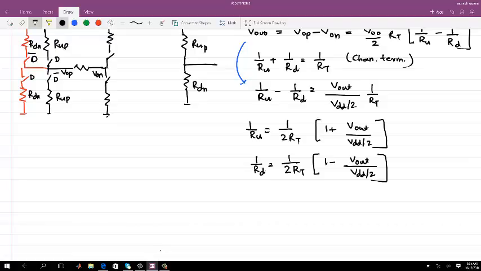depending on the output swing, I have to change the resistance, and it's more or less a linear combination. If you just rewrite it as GU, which is equal to 1 by RU, it is GT by 2 into 1 plus V out by VDD by 2. Writing it in this manner will help you see that as your V out increases linearly, your GU will change linearly,